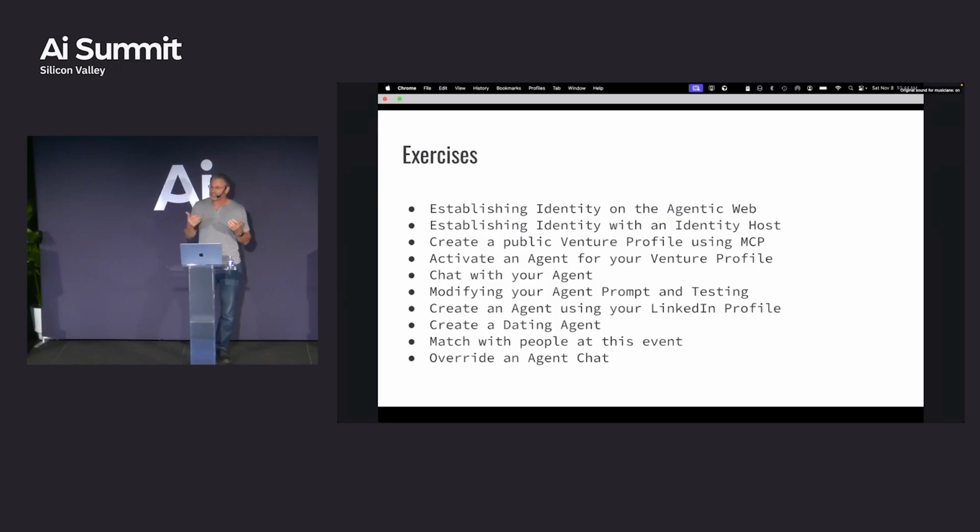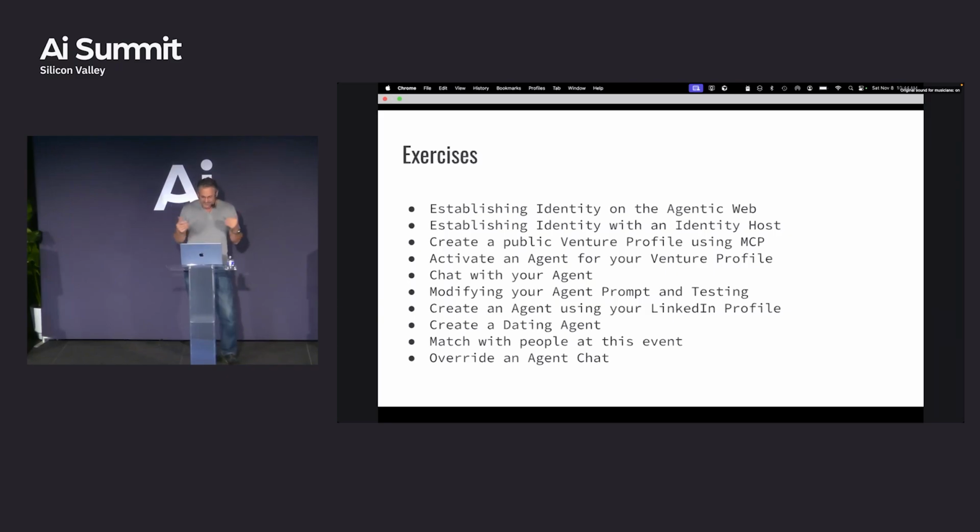We need to activate agents to work for you. Once you have a package of data somewhere, we say, here's an agent that you can chat with using A2A, and that agent then will operate on the data and figure out some resolution for you. You want to chat with your agent. If you create an agent today, you want to see how well your agent talks to other people, so we can simulate you talking. You can talk to your own agent and see if you can get it to agree to stuff. The resolution today is whether the agent thinks there are good synergies or not.